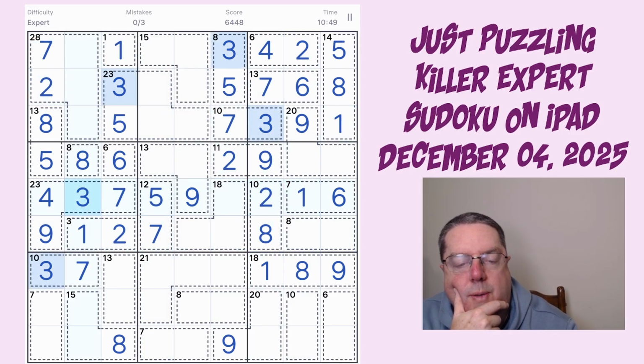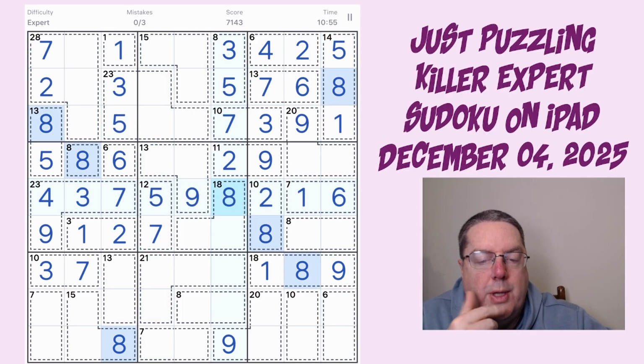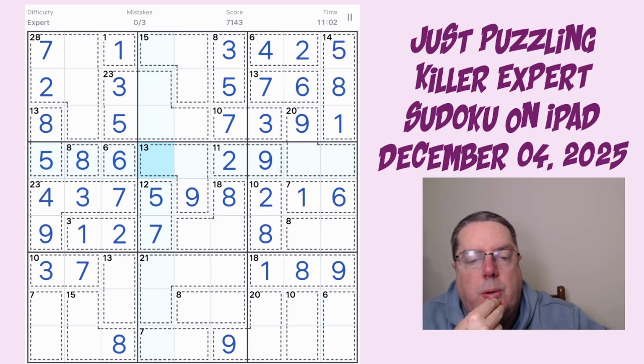1, 2, 3, 4, 5, 6, 7, 8. So 8 is there. So 10 is going to be my number, which is 4 and 6. Can't tell you where the 4 or the 6 goes. Still can't tell you where the 1 and 3 goes either. 1, 2, 3, 4,